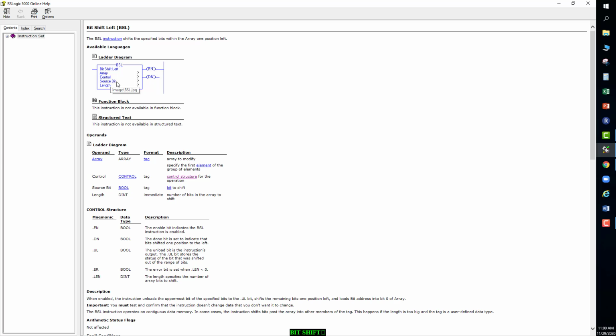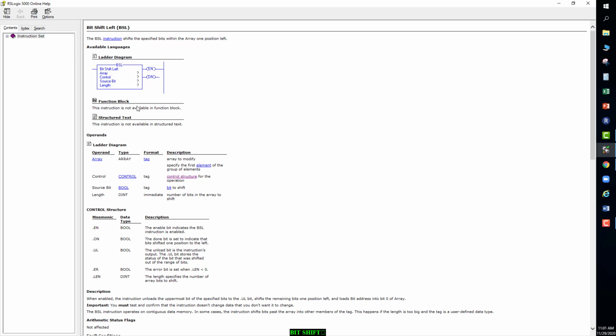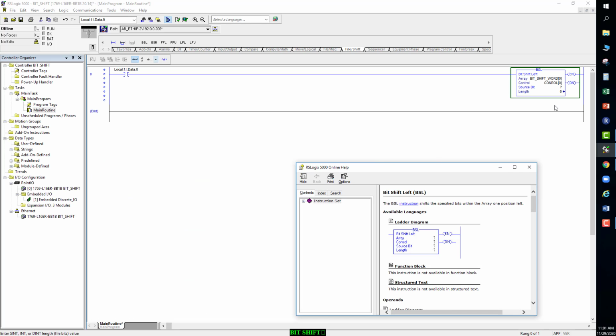But the source bit is the location or the information we want to bring in. So in this particular example, they show us input 1. So we're bringing input 1 in. Whatever the value of input 1 is going to be placed into that location when we do the bit shift left. So what does that mean for us? So if I wanted to say, for instance,